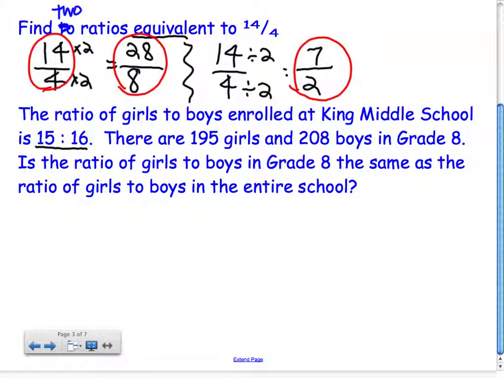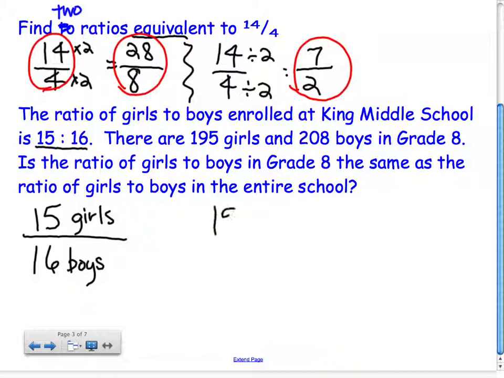Is the ratio of girls to boys in grade 8 the same as the ratio of girls to boys in the entire school? So, since we're saying girls to boys, our girls in our first ratio is going to be 15. 15 girls to 16 boys. In the 8th grade, we have 195 girls to